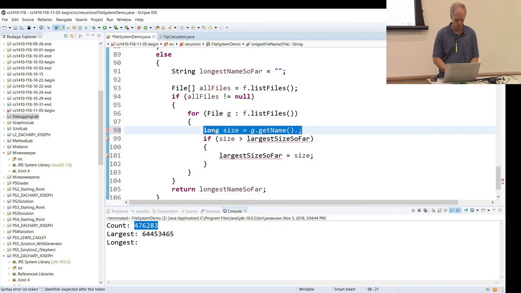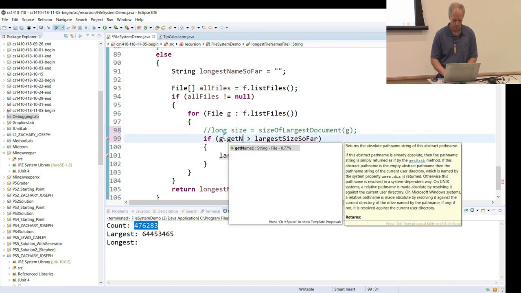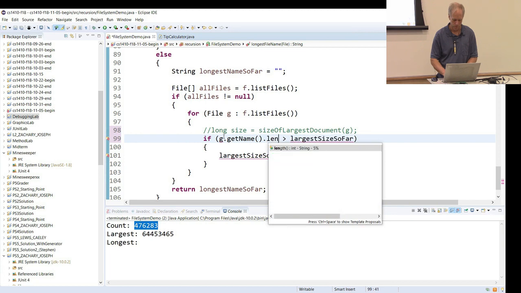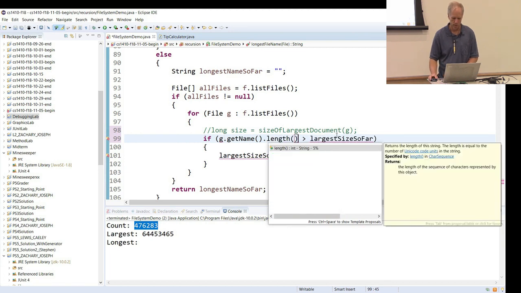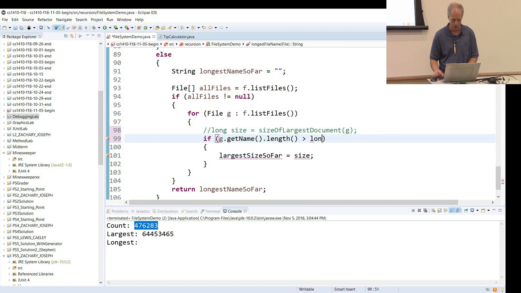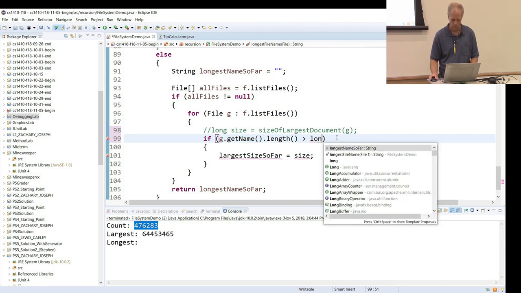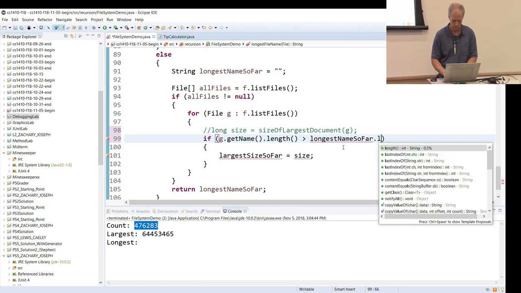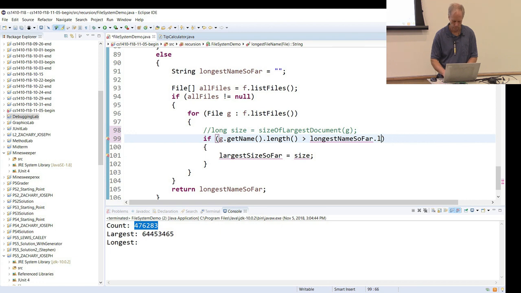So what should we put here? So maybe you're saying not to put that there. So you want to say if g.getName.length is greater than longest name so far.length. Then